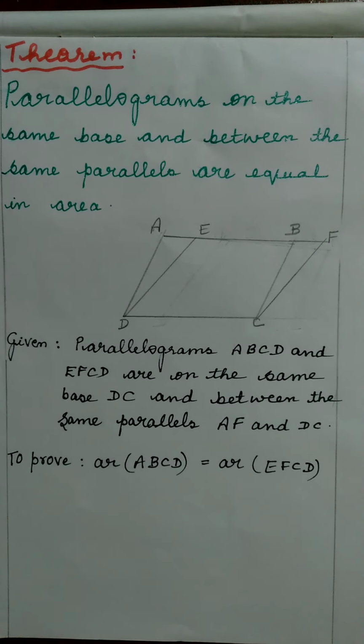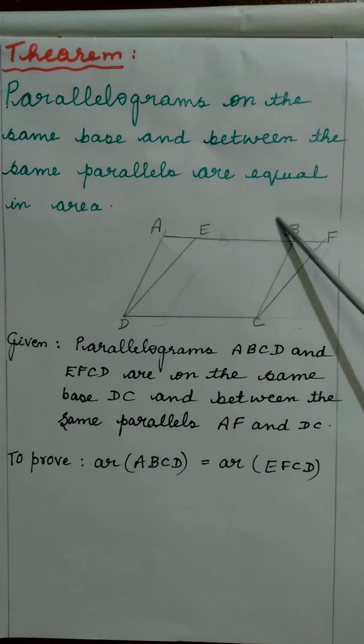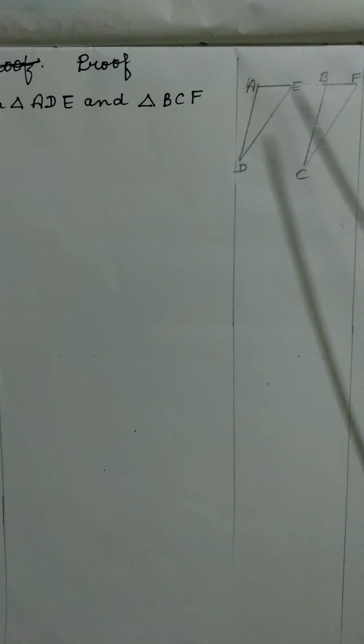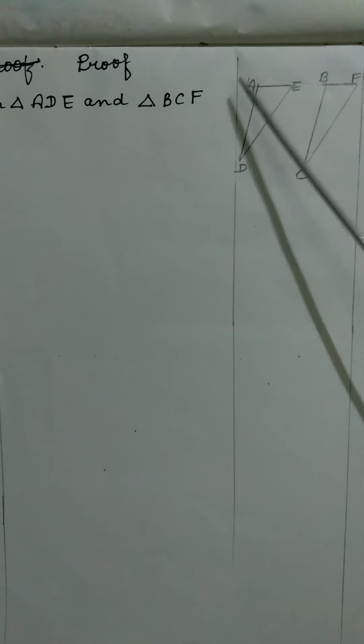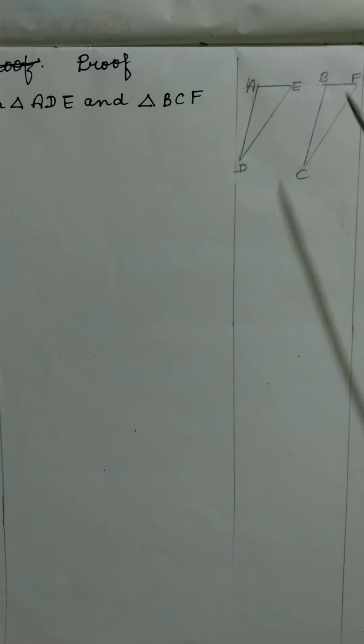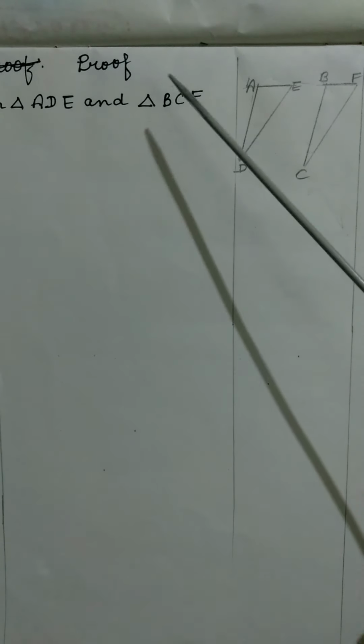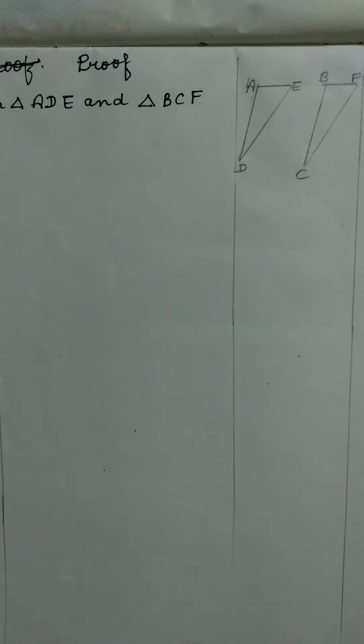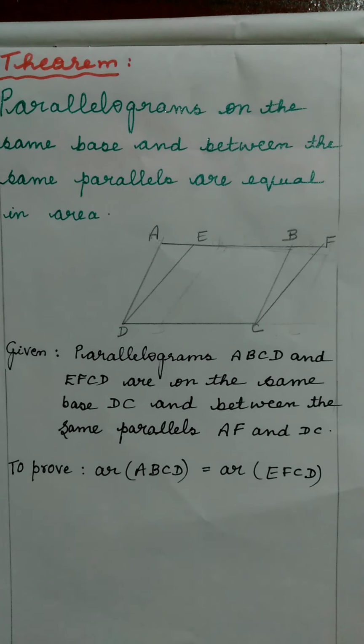Now, in order to prove this theorem statement, let us consider the two triangles in the main figure. Those are triangle ADE and triangle BCF. These are the two triangles, that is triangle ADE and triangle BCF. So, in triangle ADE and triangle BCF, look into the parallelogram